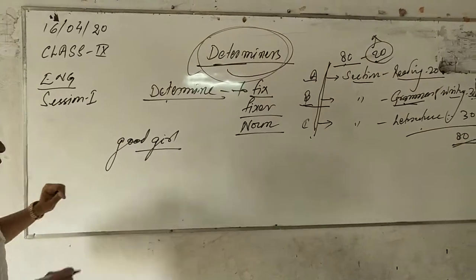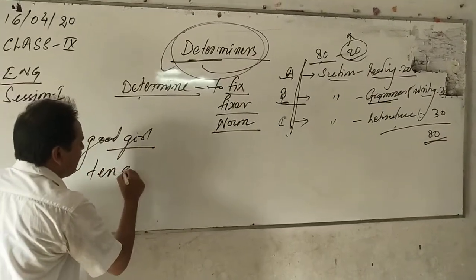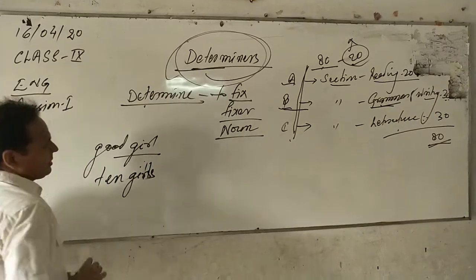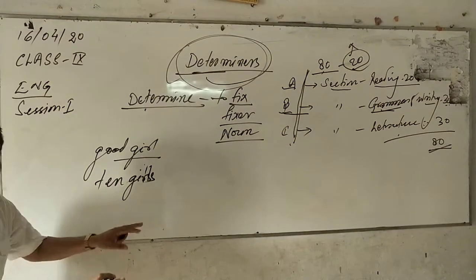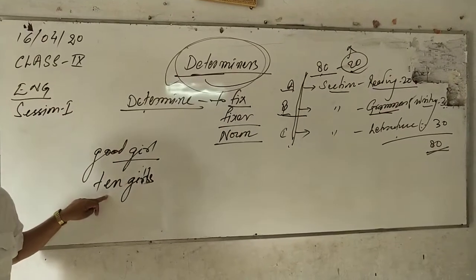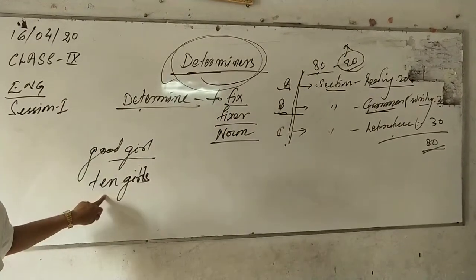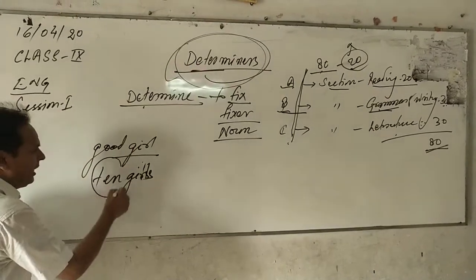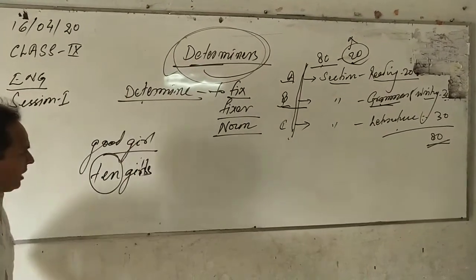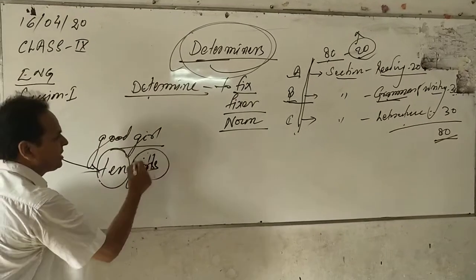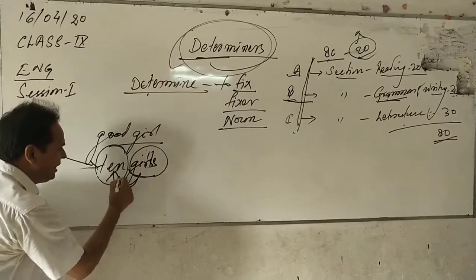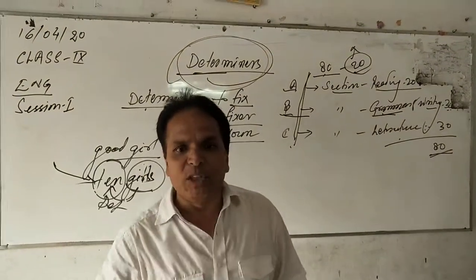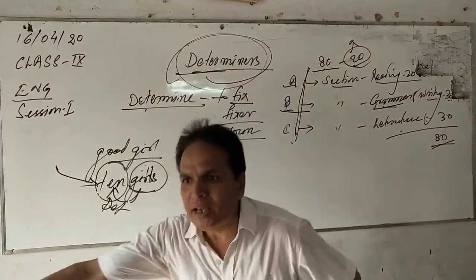But here we write 10 girls. It is very clear the number of girls is fixed at 10. This number is never going to be 9. This number is never going to be 11. So this particular 10, being part of adjective, is responsible for fixing the noun. Therefore this 10 is a determiner. So it is very clear: the part of adjective that fixes the noun, not qualifies the noun.